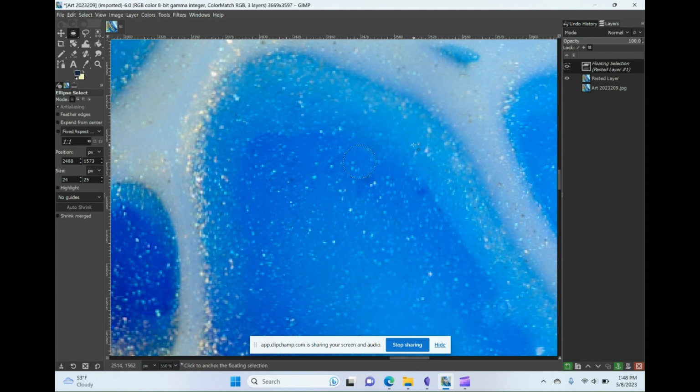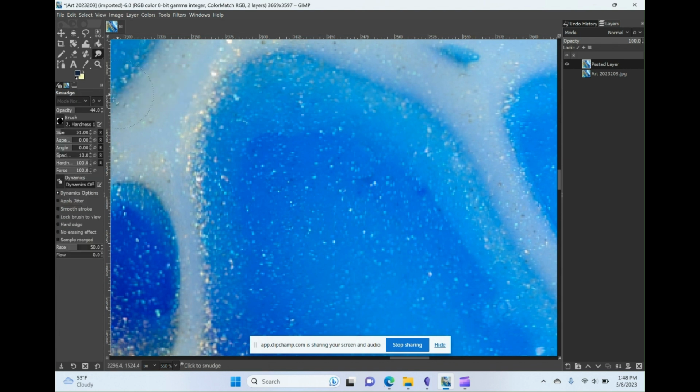And if I click anchor, so see how there's a little anchor next to my cursor? If I click that, then it will paste the layer down. So here, I could just go straight into using a smudge tool. I probably want to decrease my size, and then I can just smudge that into place,